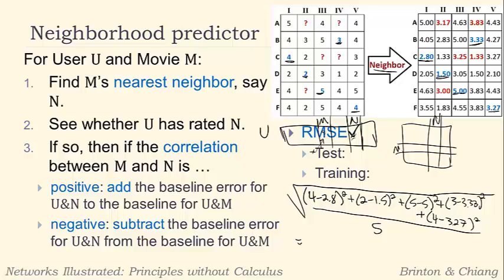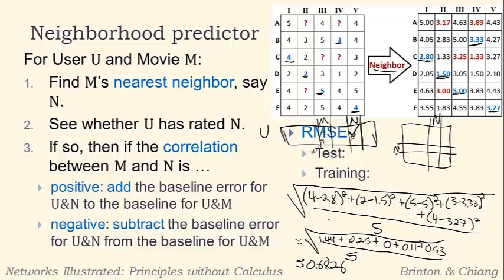If we do that out, I'll write out the terms again. We have 1.44, 0.25, 0, 0.11, and 0.53. Divide that by 5, do that all out, and we get 0.6826. So this is the RMSE for the test set: 0.6826. And then for the training set, we can similarly find the RMSE to be